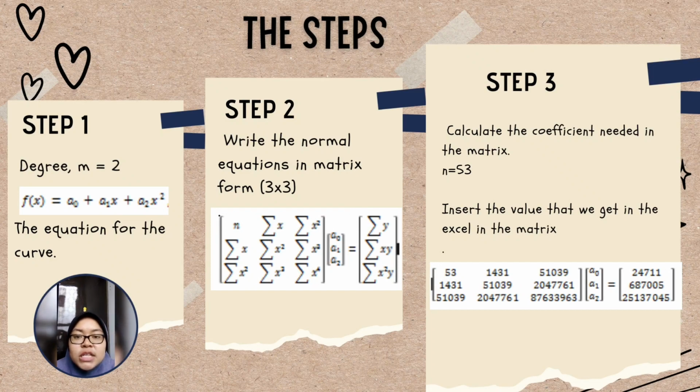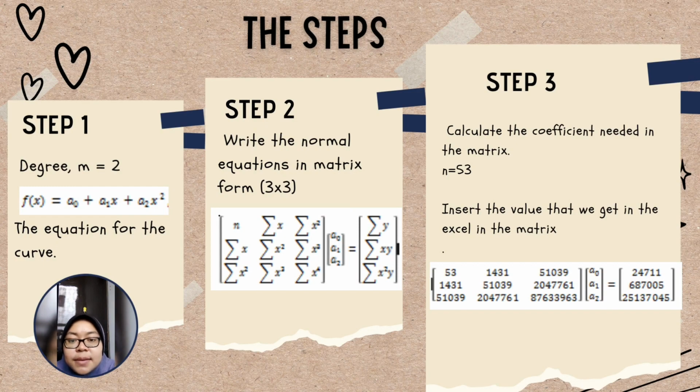Step 3. Calculate the coefficients needed in the matrix. So n equals the total number of the data that we use, and the number of data that we use is 53. So we insert the values that we get in Excel into the matrix. So n equals 53, summation of x equals 1431. The summation of x squared equals